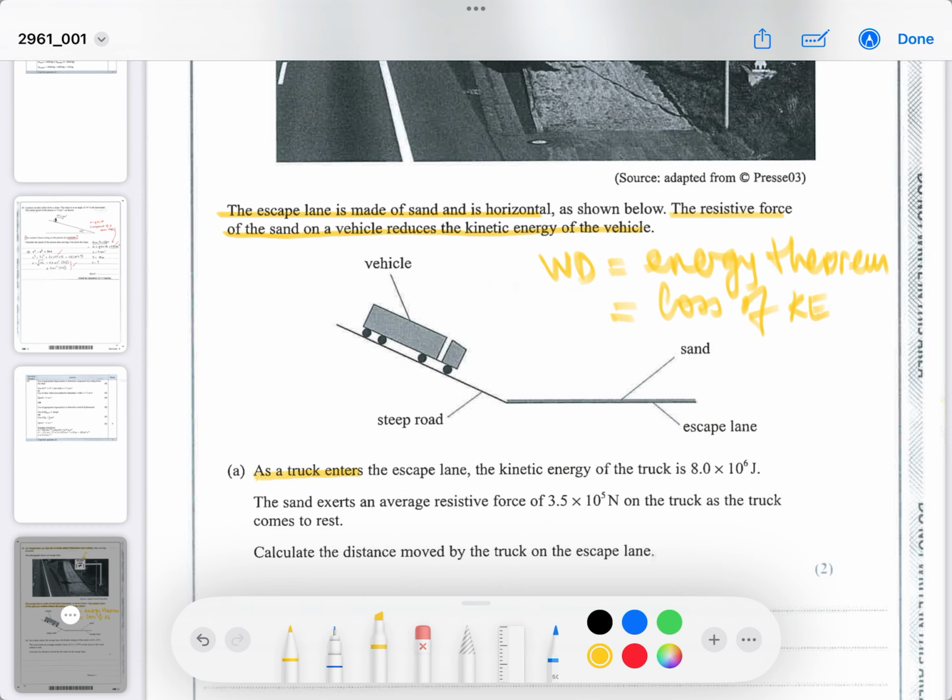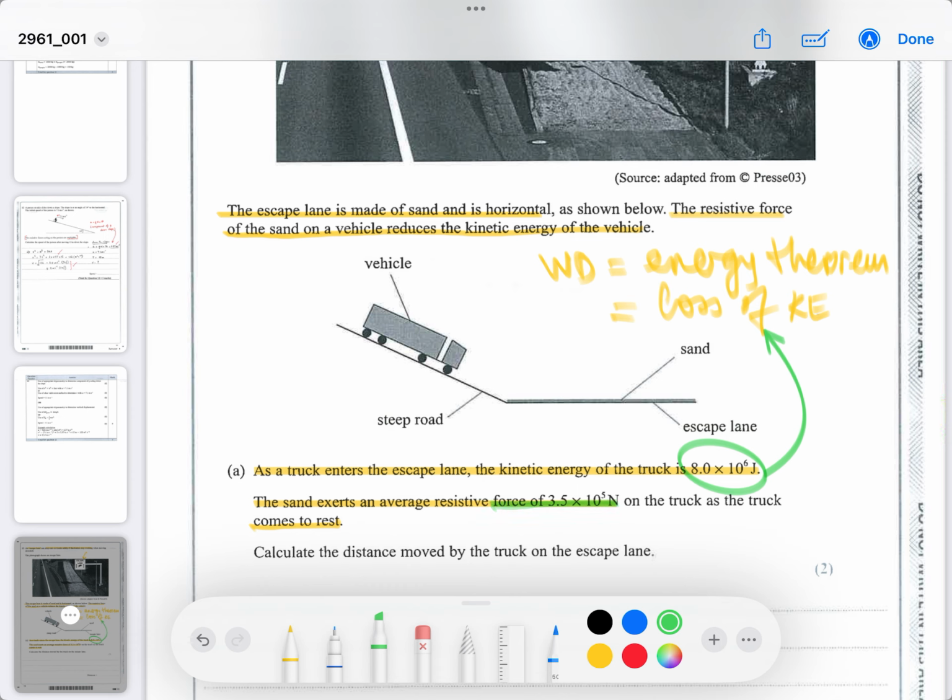So as the truck enters the horizontal escape lane with the kinetic energy given here as 8 megajoules, or 8.0 times 10 to the 6, it says the sand exerts an average resistive force, so you can use this as the value that you need to work out to put in the work done, of 3.5 times 10 to the 5 newtons on the truck as the truck comes to rest. So the final kinetic energy is 0. So all you need to know is the loss of kinetic energy will be this much. Okay, so the loss of kinetic energy is then known,